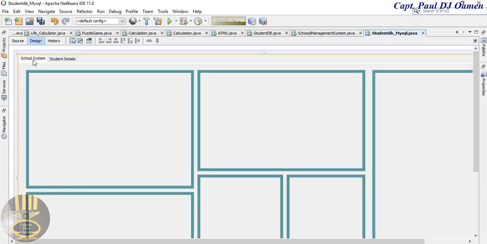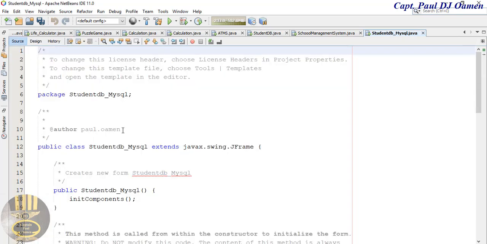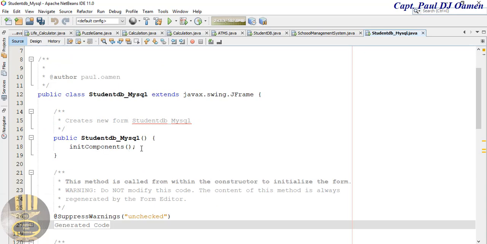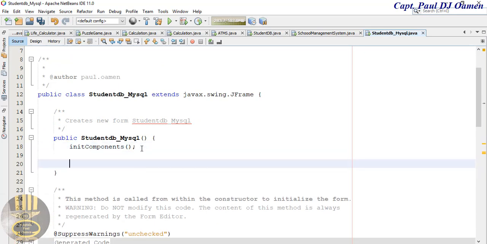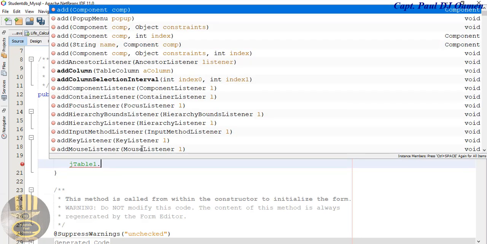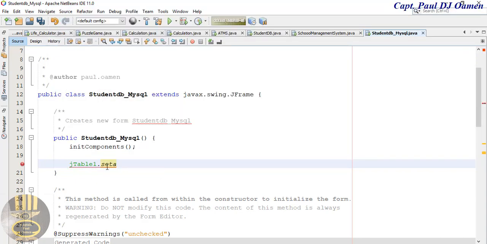Right. So let's go into the system here. School system. Right. Okay. Let's do one thing first. I'm going to go straight into the source code here underneath initial component. Okay, I'm just going to get our table sorted. Table, that's table 1 dot set. That will be auto. Let me just type it out. Auto resize mode,